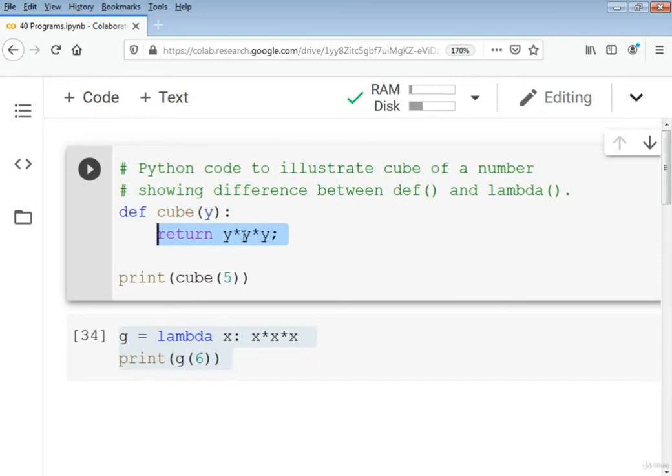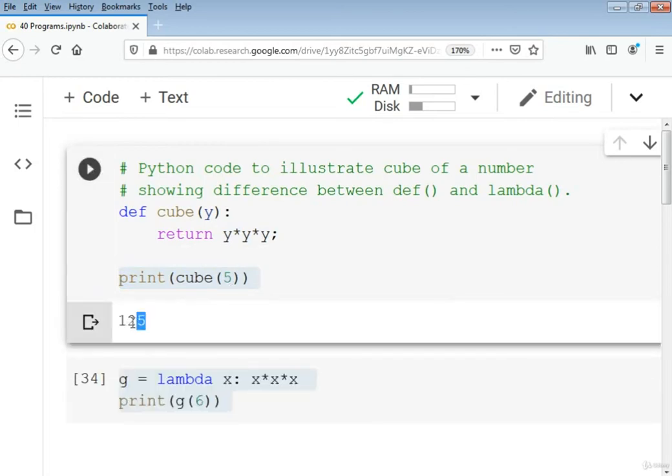You see here that the values are multiplying by themselves 3 times. Here we want to take the cube of 5, so 5 will multiply with itself 3 times, 5 by 5 by 5, as it is specified here. So this will return the value, the result to where the function was called. And finally we will print the result output. So we will execute this program.